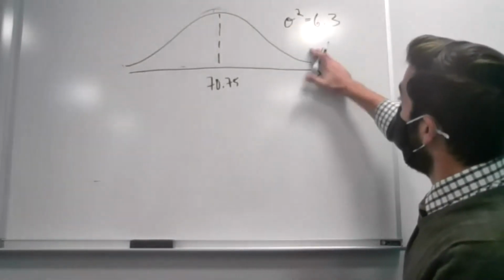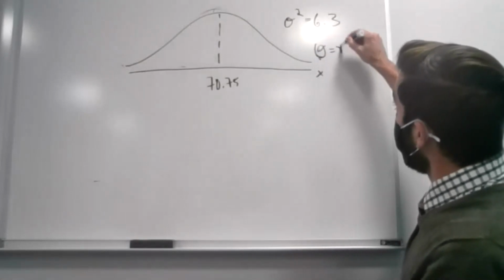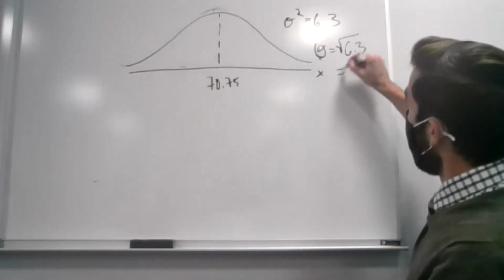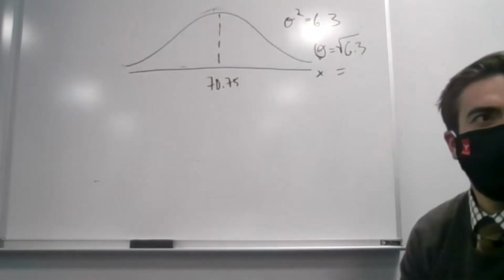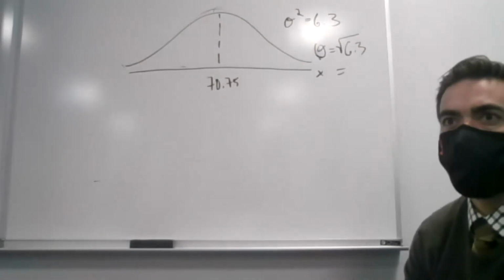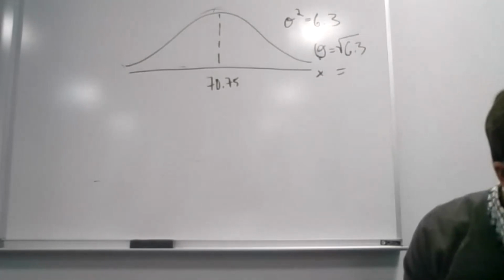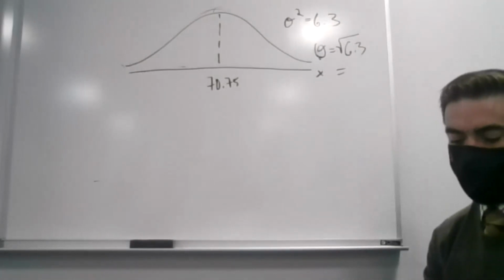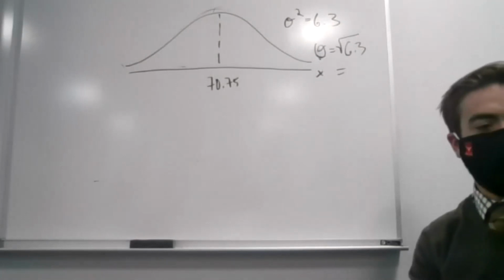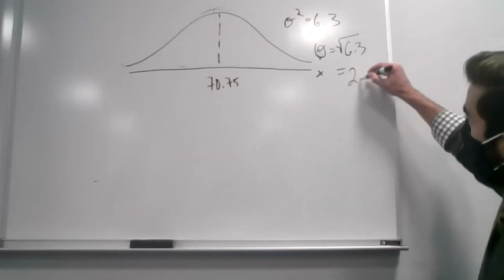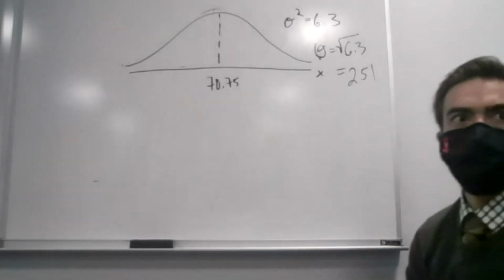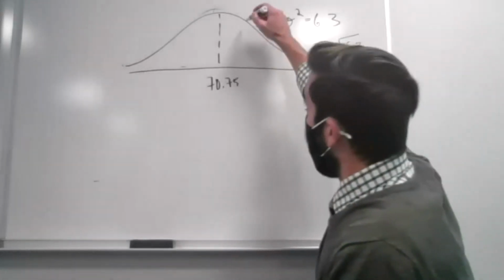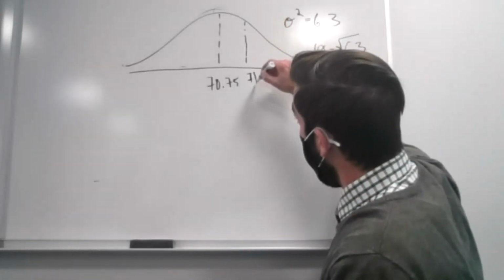So our standard deviation is the square root of 6.3. If anybody has a calculator out and you want to help me out, what is that about? Somewhere between 2 and 3. Yes, I can grab mine. So the square root of 6.3, 2.51. Okay. We then said, what's the probability I see 71.4 or